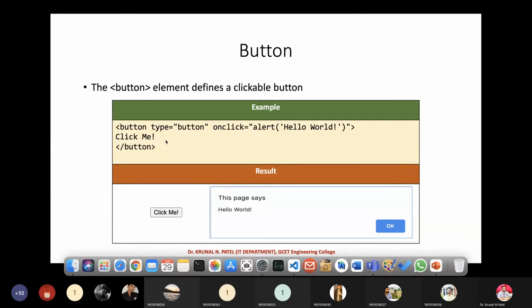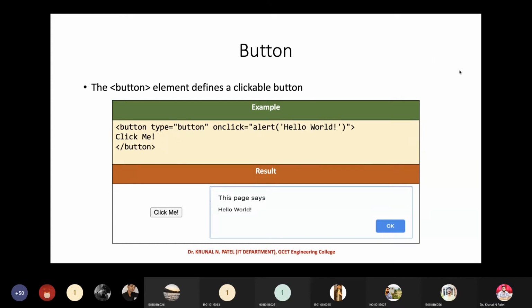Anyone? No, sir. Okay, good, so let's go ahead. We have discussed text box, password, submit button, reset button, and the button itself. Here, don't forget to use the button tag whenever you go for a button type.